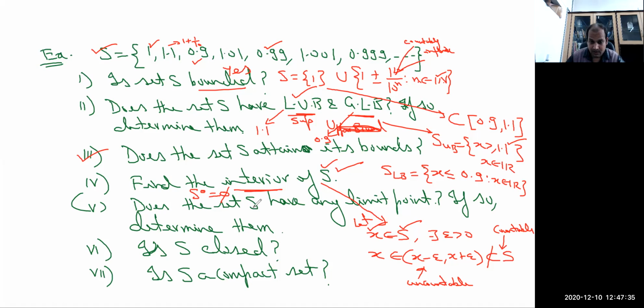Let me write here, this set, 1 is its limit point. 1 is the limit point of the set S. Why is 1 the limit point? Because for every epsilon greater than 0, 1 minus epsilon, 1 plus epsilon, every neighborhood of 1 will contain infinite members of the type 1 plus minus 1 by 10 raised to the power n, from the Archimedean property of real numbers that we have already discussed.